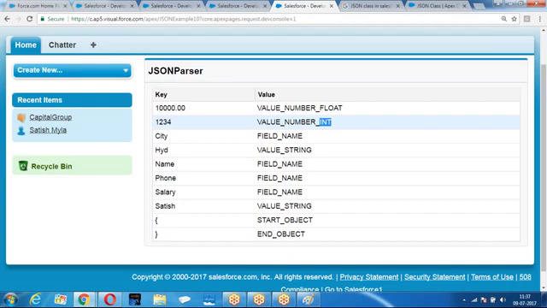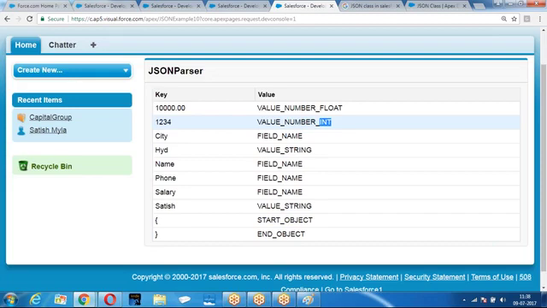Are you getting my point? So how is it breaking? Breaking them into tokens, each with a token name and token value. Clear? Any query on this example? When you say get text, the current token is given in the form of text. That's the reason we are getting the values of it. Are you clear?